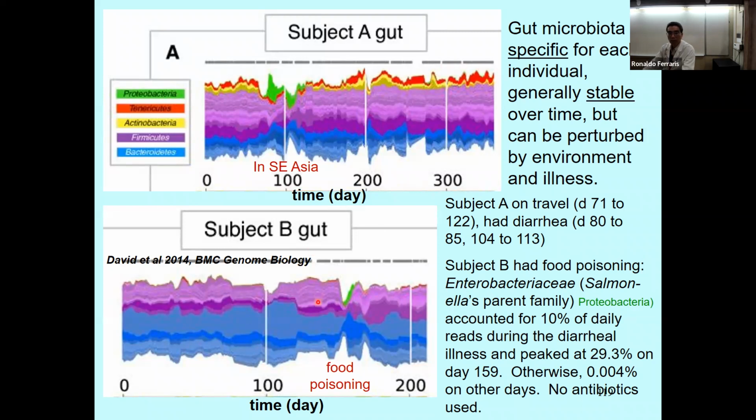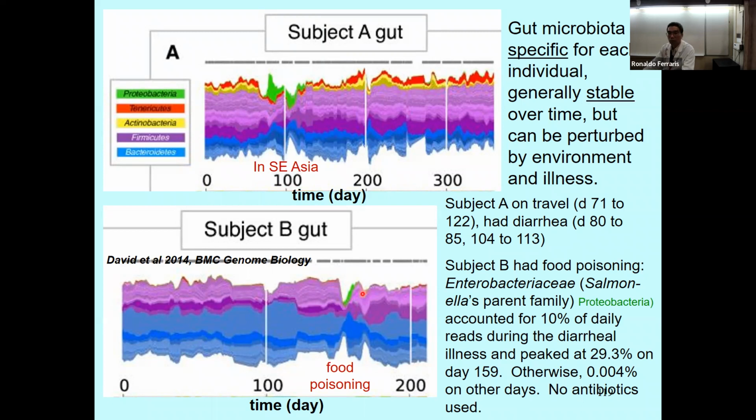Subject B, even if there was no travel involved, may have eaten undercooked meals, or went to a restaurant with something not good in it, and you could actually see that in subject B, who had food poisoning as well. Again, proteobacteria, and as you can see, immediately